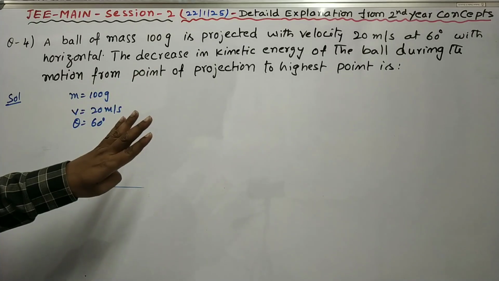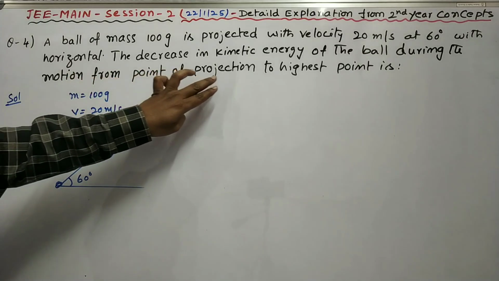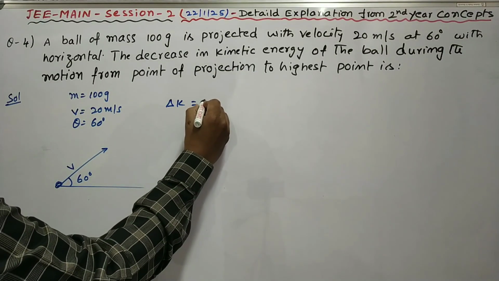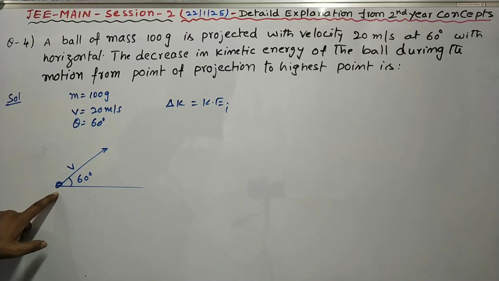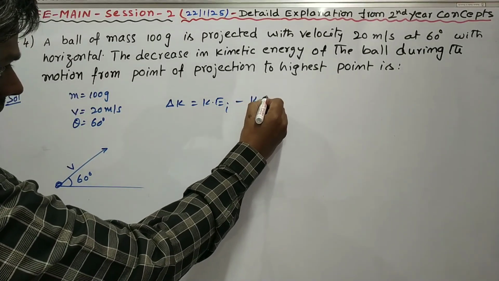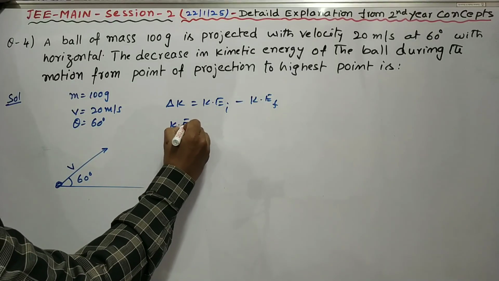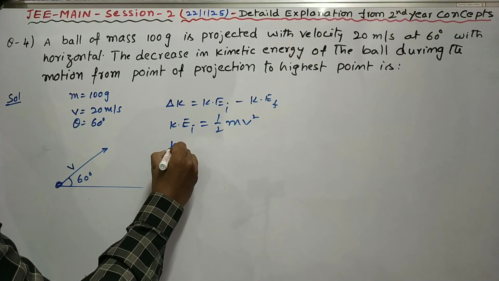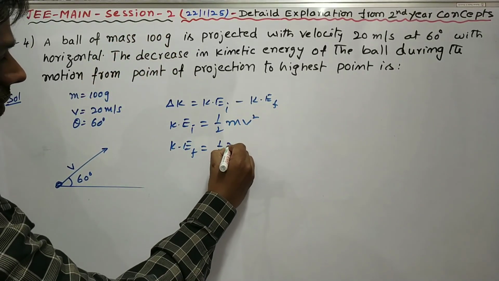So what is the difference in kinetic energy during the motion from the point of projection to the highest point? That means the difference in kinetic energy is the initial kinetic energy at the point of projection minus the final kinetic energy at its maximum height. Initial kinetic energy is equal to what formula? Half m v squared. Similarly, the final kinetic energy at its maximum height is equal to half m into